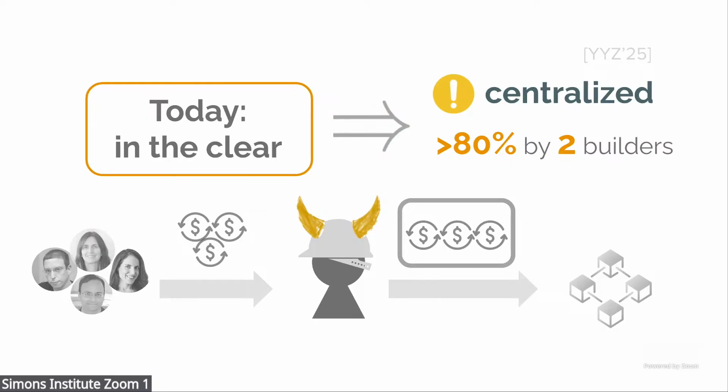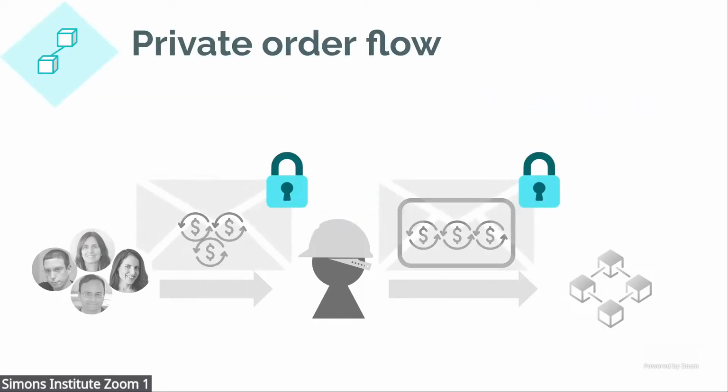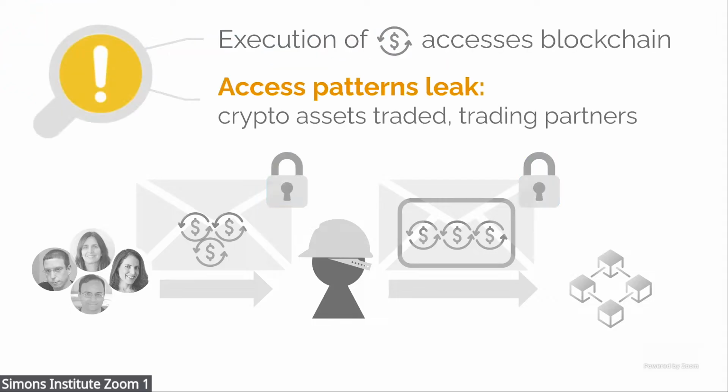Okay. So one way to mitigate this is to have private order flow. So imagine everything's going to be done in some kind of encrypted or secure computation way, right? The transactions are encrypted when they are submitted to the block builder, and it's going to build the next block using encrypted computation, either using trusted hardware or using something like FHE or maybe secure computation. But the same problem